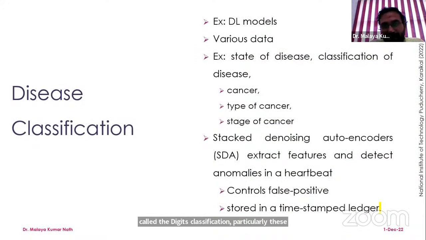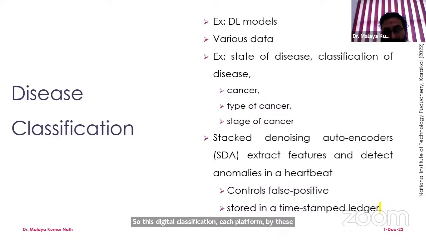Already we have discussed that people have developed different types of deep learning models for classifying diseases. Already I told that these deep learning models are very, very data hungry, and they look like a black box. That means one deep learning model that works on one set of data may not work on another set of data. So this disease classification is performed by these deep learning models to tell about different information, such as classifications.